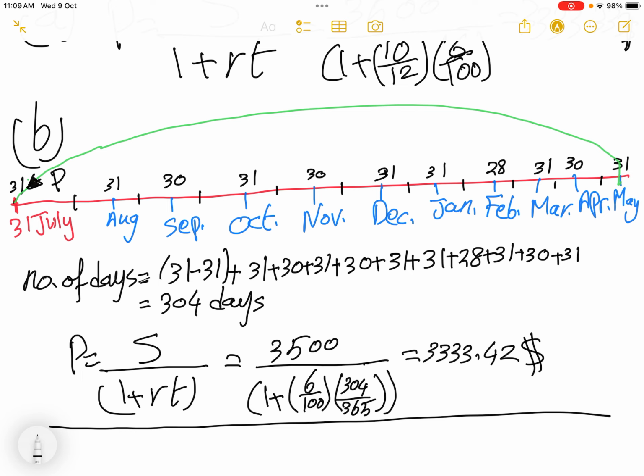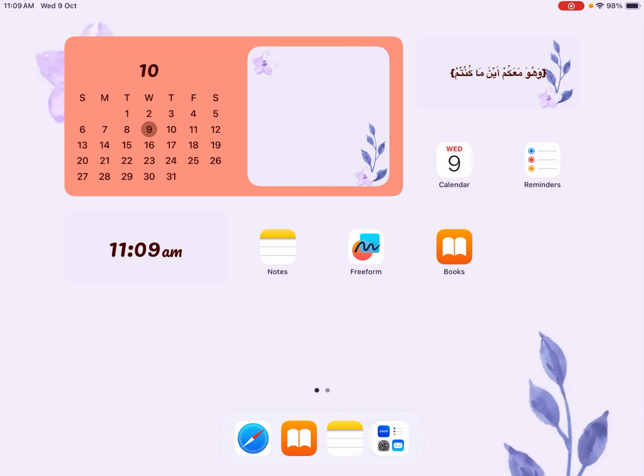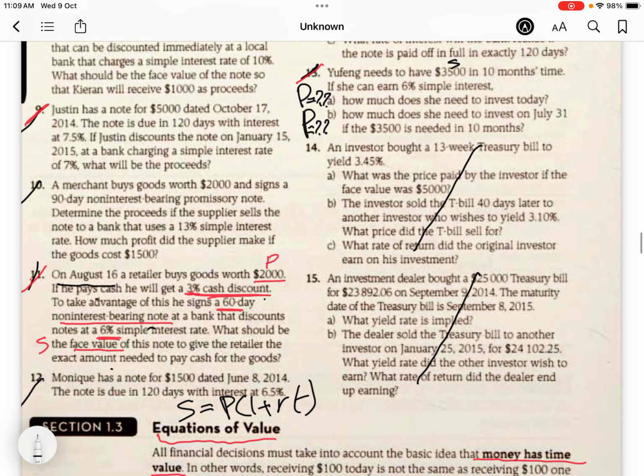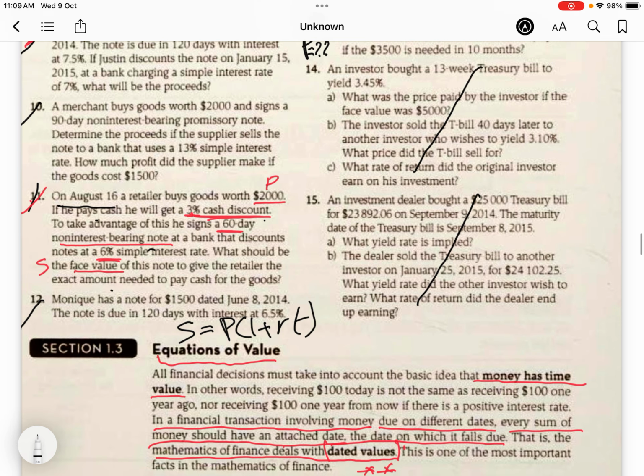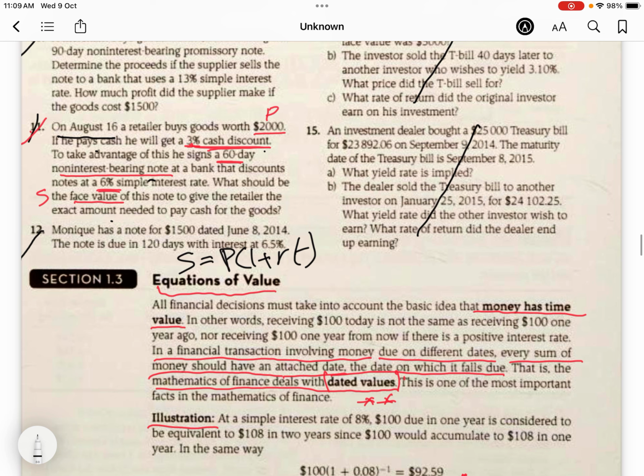Here B, you will find it, and here S, which is 3,500. The other questions I will leave for you as homework, and we will now begin with section 1.3, but